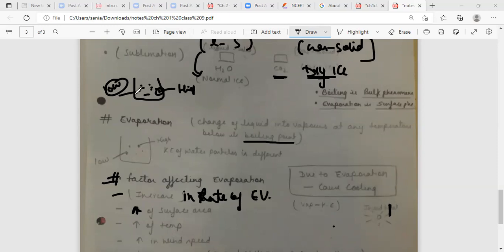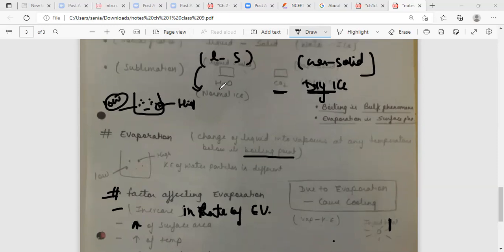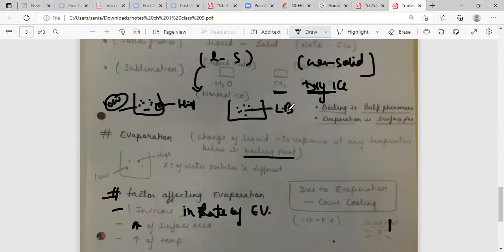I'm just explaining a little thing, then I'll end the class because we are done with the time as well. I was giving you the reason why evaporation takes place below the boiling point. For example, if this is a water particle, those with a low boiling point will of course convert into gaseous form before the boiling point itself. Because the water contains particles with either high or low boiling points, that's why it's evaporation. If, for example, I have only low particles with low